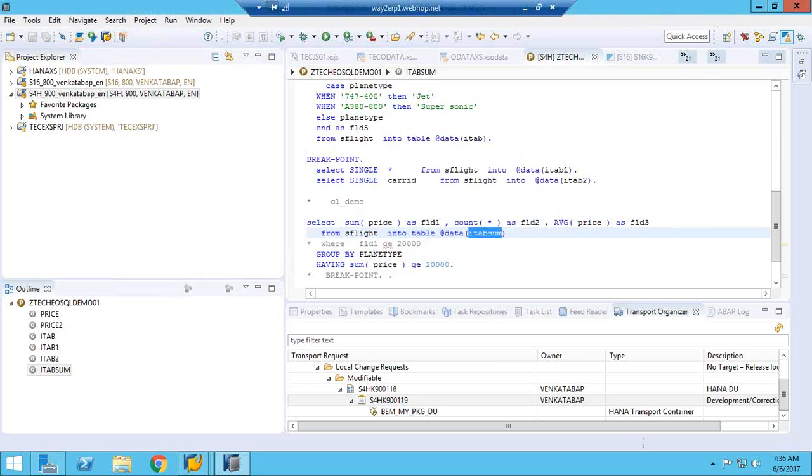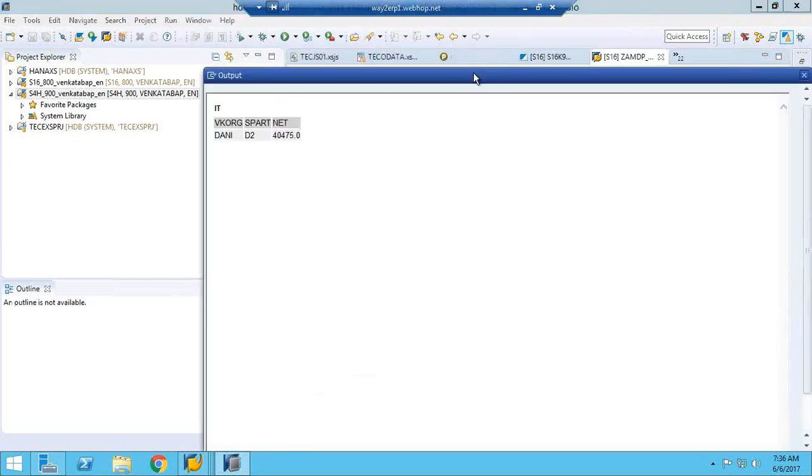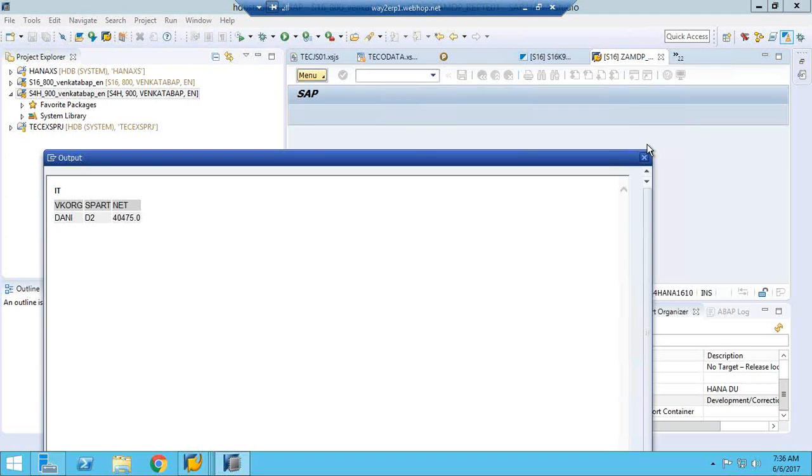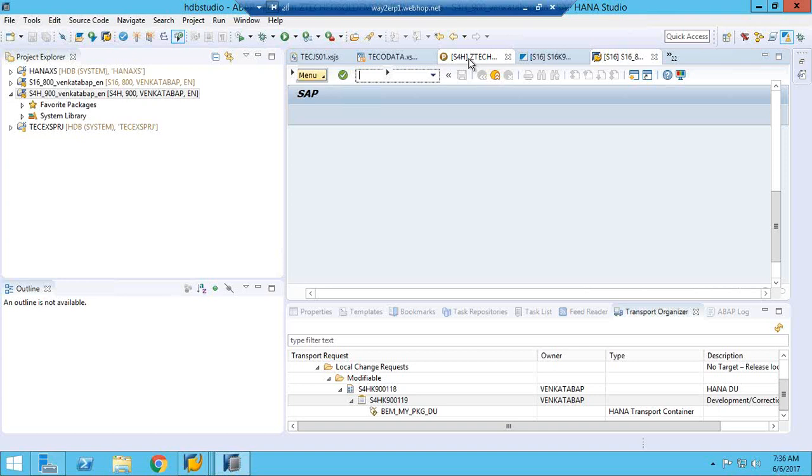Which program am I running? Some other programs got done.